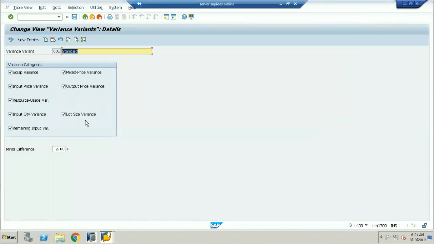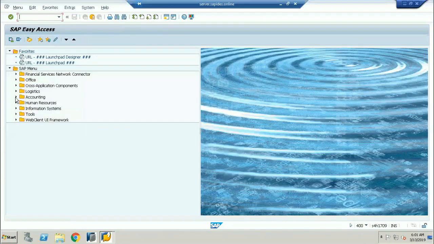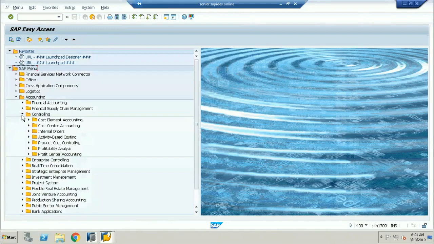So whenever you do the calculation of work in progress, the production variances account will become the debit, and your semi-finished goods or your finished goods account will become the credit. This is the accounting entry whenever you do the variance calculation. So if I go into SAP, you have to do the variance calculation during the month end. So accounting, if you go to the financial accountants or controlling,